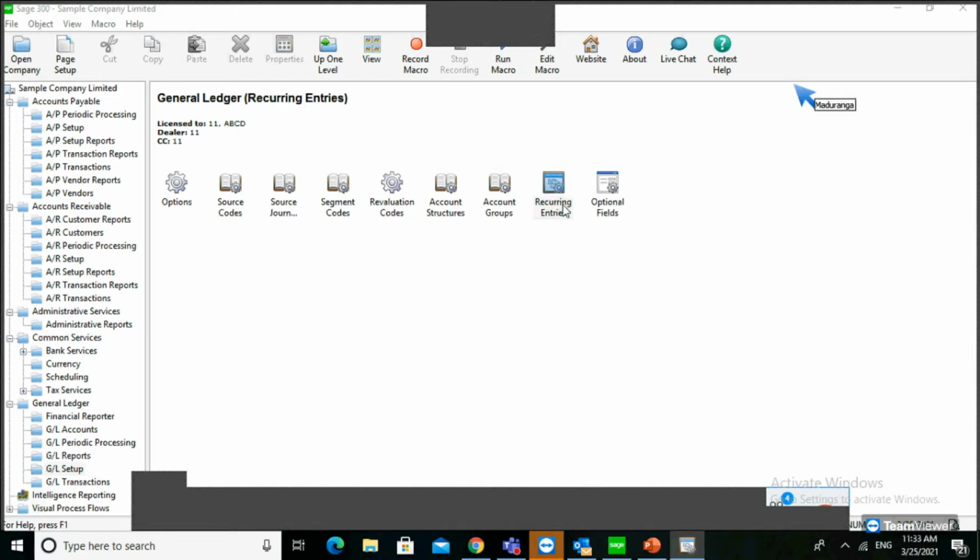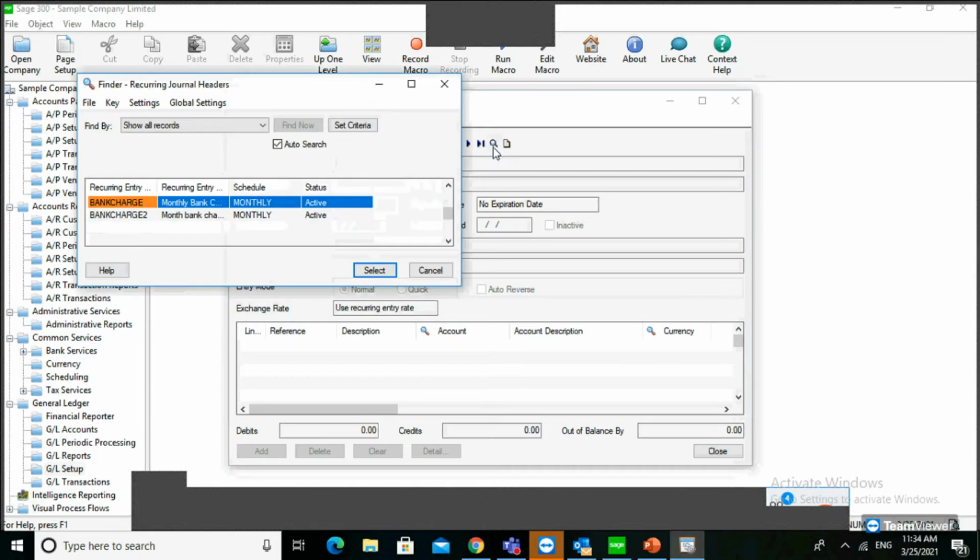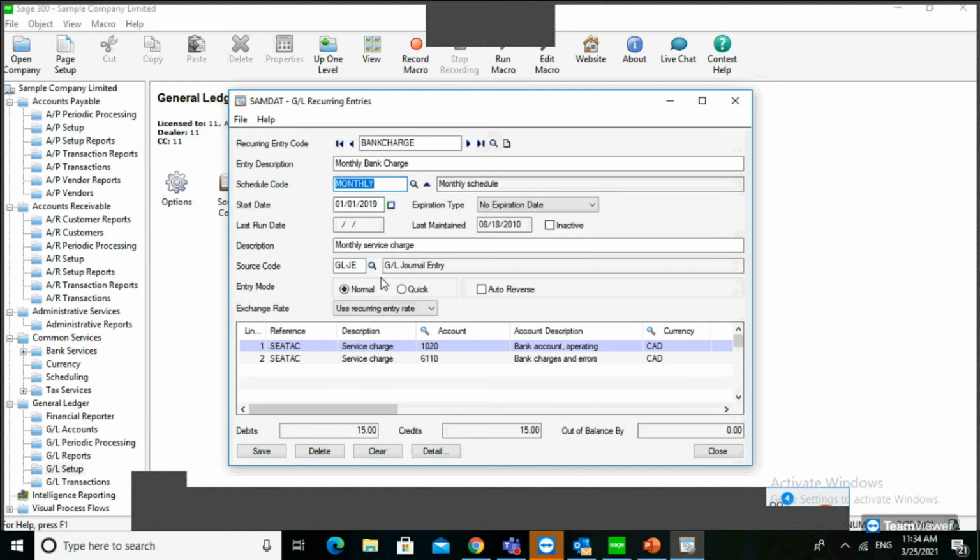What is the recurring ND? The recurring ND is like if you are processing the ND monthly. Let's say electricity charge, water bills, also some bank charges, you can keep as recurring. Recurring is monthly or frequently occurring, where in the same ND only the value is different for the particular month. You can keep the ND entered as a template here, and when you are processing the ND, you can change the value and process it.